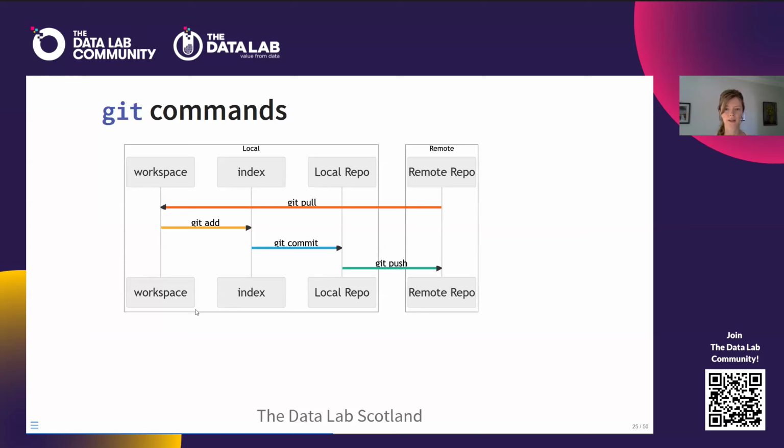So we're going to do a few commands there. So we're going to do git add, and that just adds whatever files we want to put onto GitHub. So any changes that we've made. So git add just puts them in this staging environment, this index space. And then we use git commit to then commit that to our local repository that's also just on our laptop